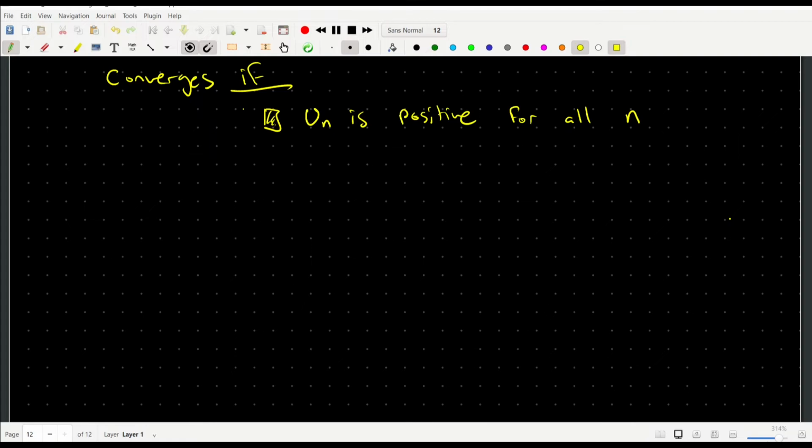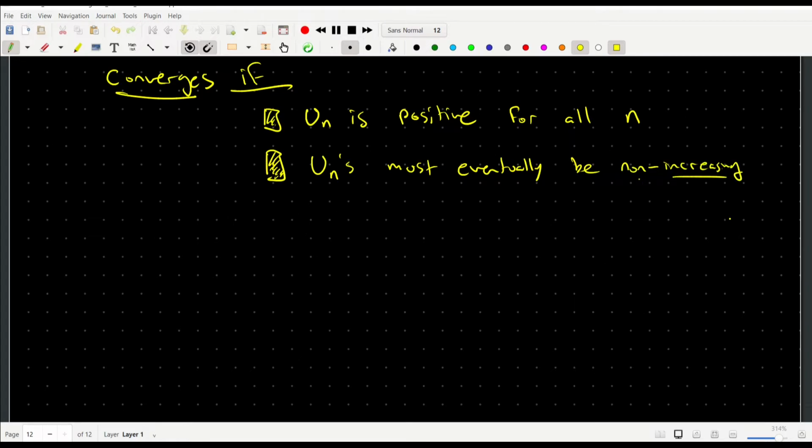That's what this condition guarantees. The u_n have to eventually be non-increasing, which means that u_n has to be greater than or equal to u_(n+1)